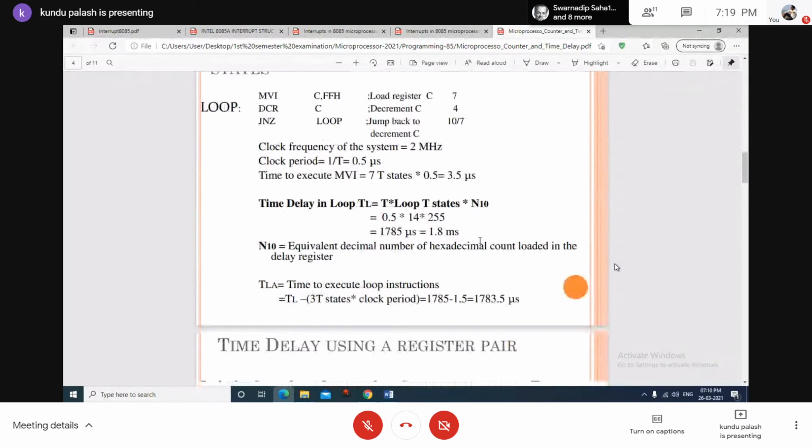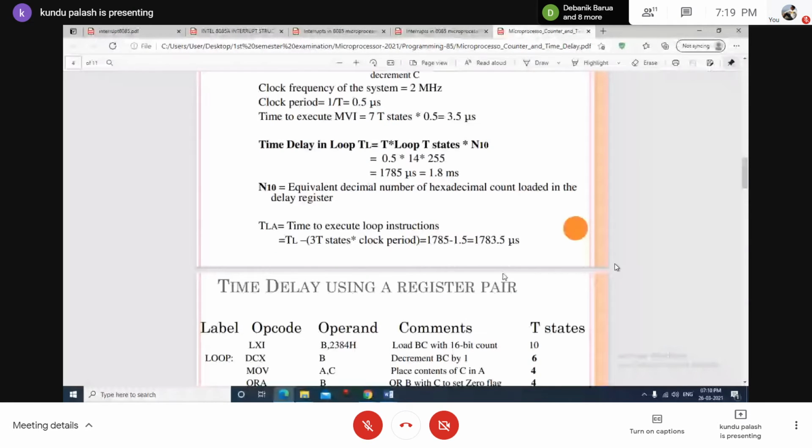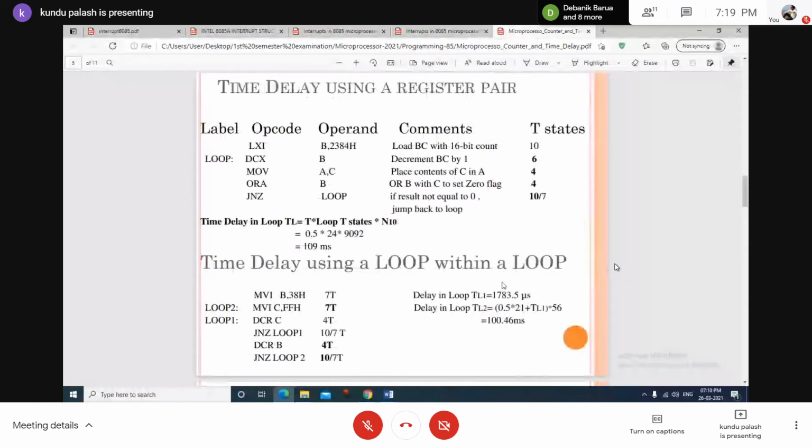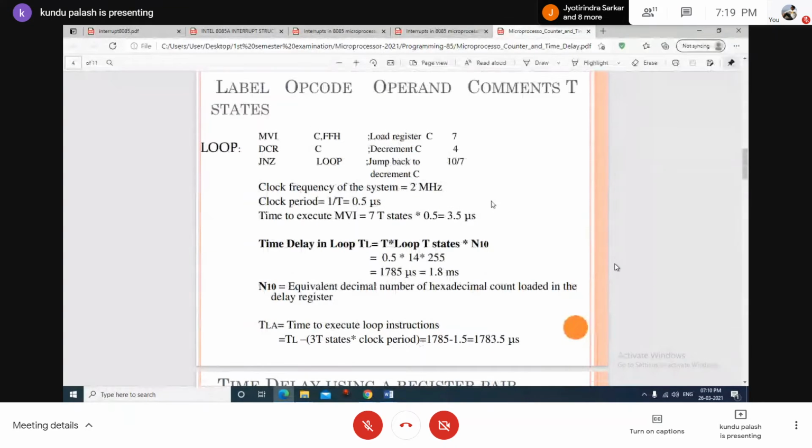Where TLA is the time to execute the loop instruction, TL is the value of the loop, 3 T states in the clock period. This is the illustration. In general, the formula will be like that. The formula is like that for this type of program code, X into